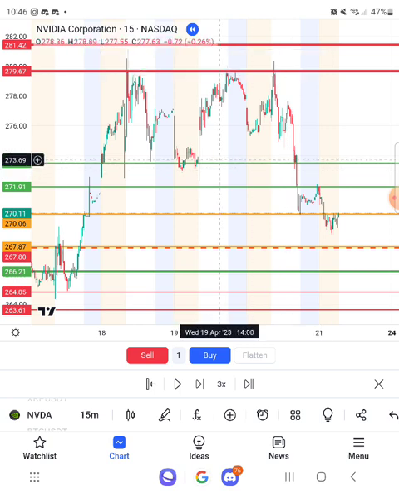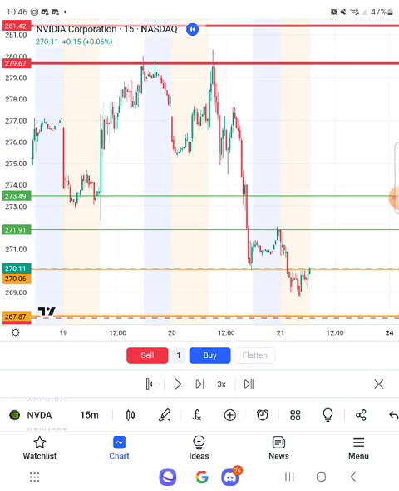Here's my theory. Before I mark those zones, you see the price is currently at about $270. And I know NVDA can move about $3 a day. So I'm going to mark up until 273, and I'll mark down until 264. That's where I hope the price could go, depending on how much that particular stock moves in a day. So I've marked my zone.